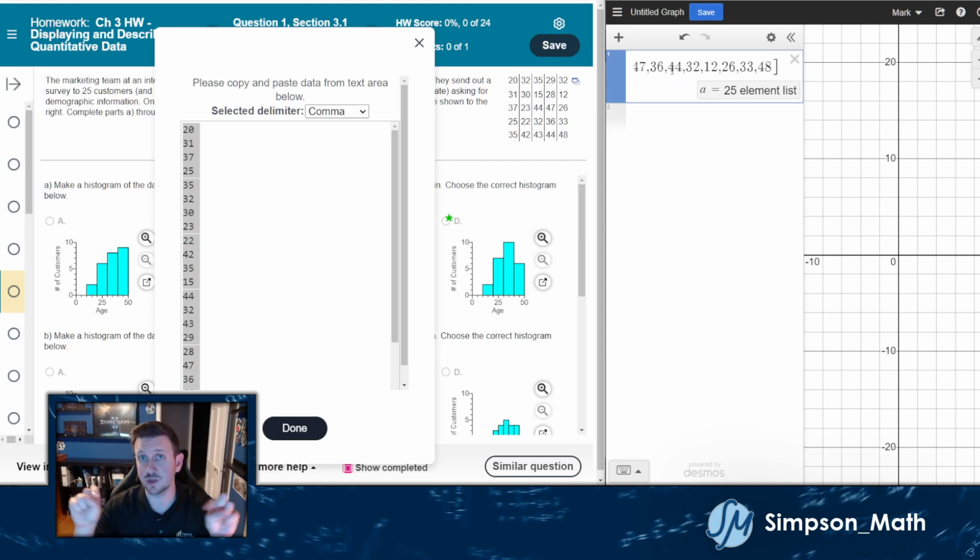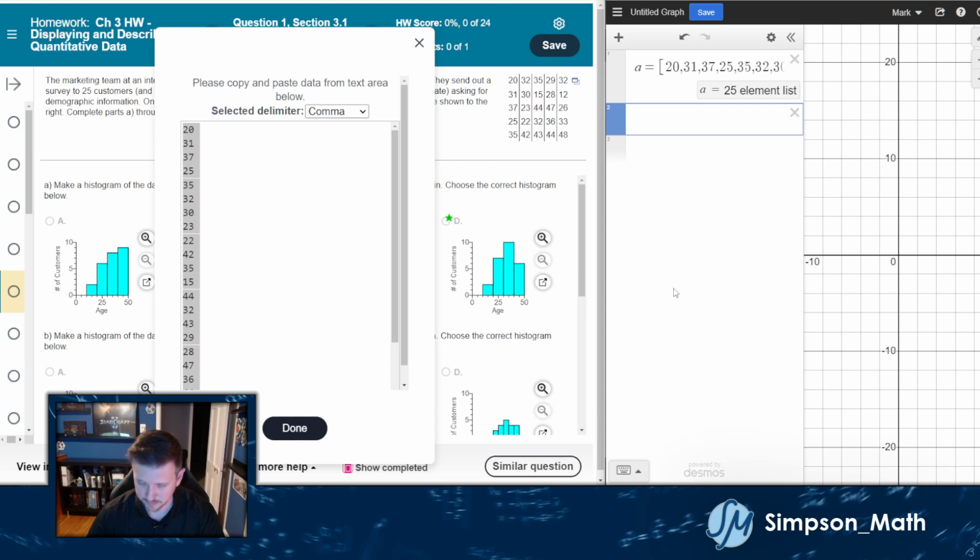Desmos will automatically put the square brackets around it. The square brackets are required for Desmos to read that as a list. And again, they're commas because we set it there. We set it to be from MyLab. All right, so now that I have a list of my 25 elements, which we knew it's those 25,